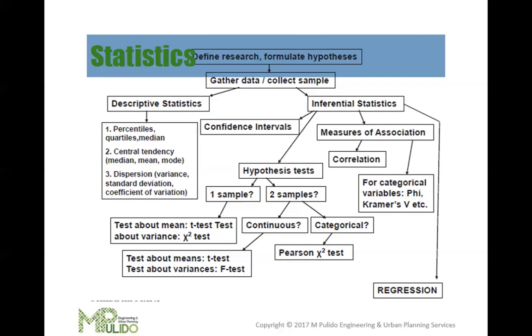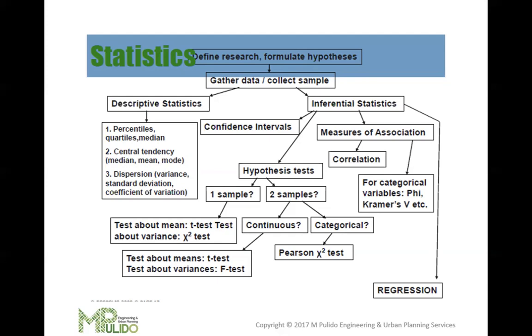Okay, so if we are now on inferential statistics, I think I also mentioned this is using sample data to make generalizations about a population. So it includes estimating population parameters and testing hypotheses. Confidence intervals, so that's the first one under inferential.